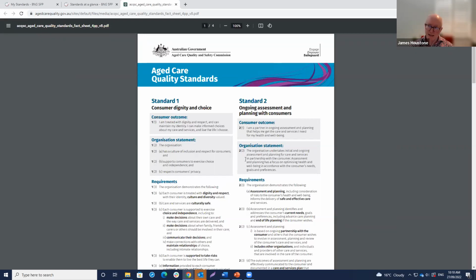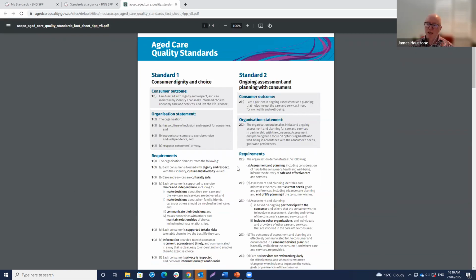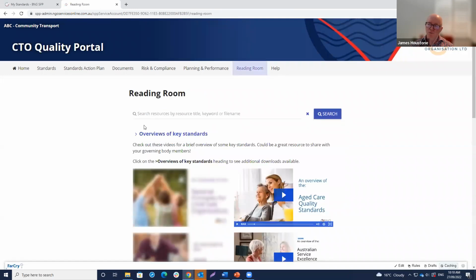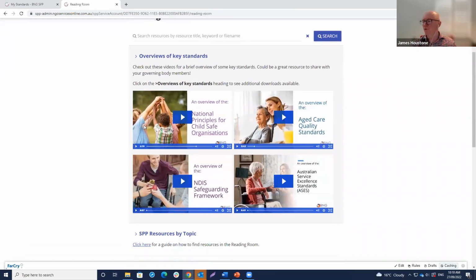This is their standards at a glance document, which in a 4-page PDF lists every single requirement of the aged care standards. So I think those things together, these two summary documents as well as the video, could provide great resources for new governing body members or new staff members.